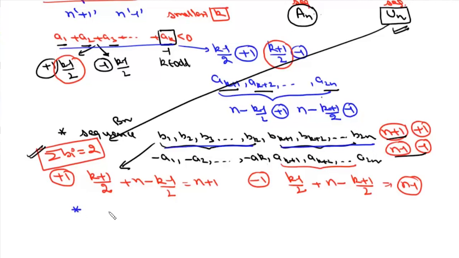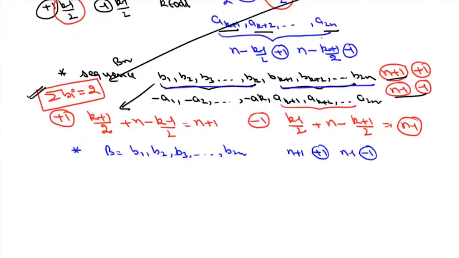Now let us take a sequence B, which is b1, b2, b3 up to b2n, and it has n plus 1 plus 1s and n minus 1 minus 1s. Now in this sequence, we will choose a sequence in which the smallest element is k, such that this